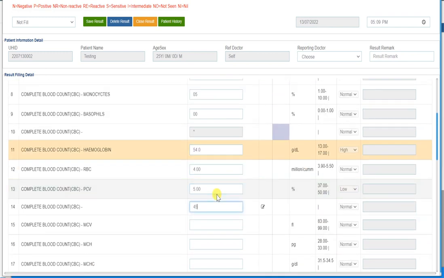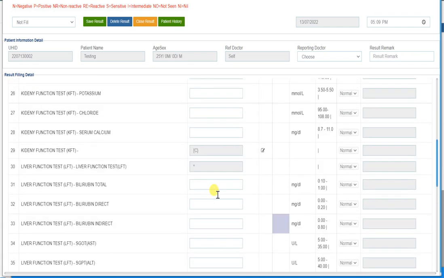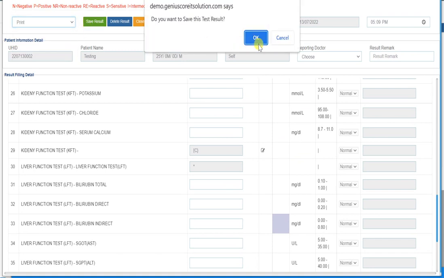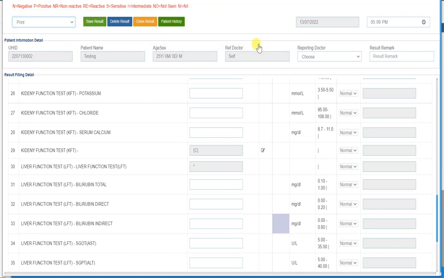The formula will be calculated. Now fill in the whole report, change the status, print, save.